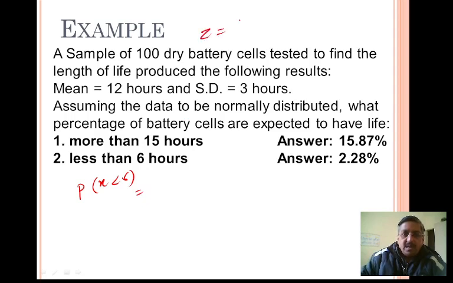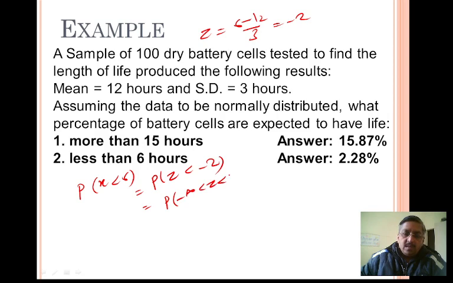So z is again 6 minus 12 upon 3, that is minus 2. So we need the probability of z less than minus 2, right? For that we need the value of minus infinity to z to 0 minus